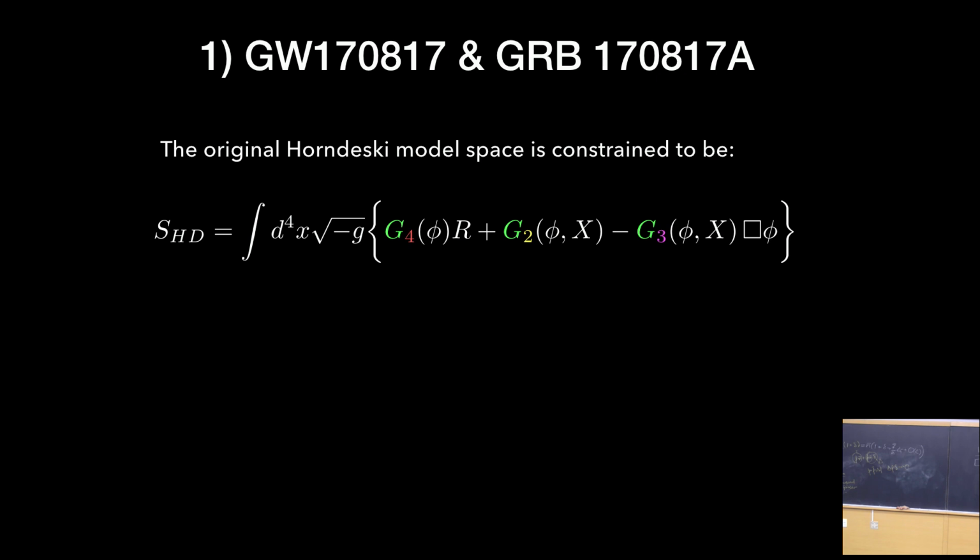I've just taken those remaining bits of the action and written them all on one line. So things like f of R gravity do survive because they do map onto this template, right? Here is how you tune this thing to recover f of R gravity. So some models survive, but the more complicated ones seem to be disfavored. So that was our first result.